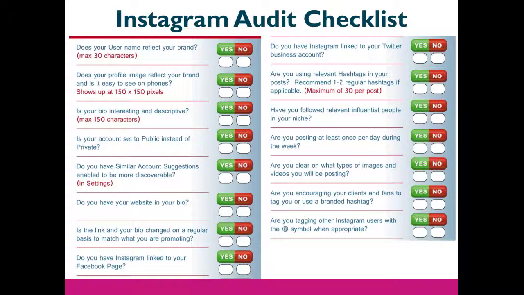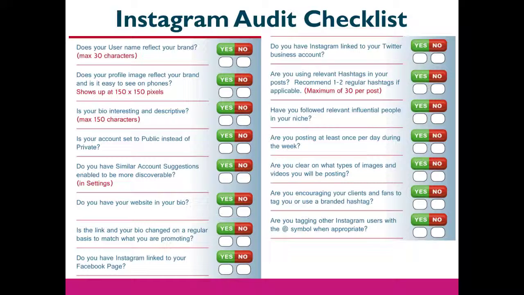Now, in terms of auditing your Instagram account, there are a number of things you'll want to look at. Again, you want to know what your personal brand really is, or your business's brand, and make sure that your username reflects that brand, that the profile image and other images on there reflect the brand, and that they show up easily on cell phones, since most of Instagram access comes from phones. Make sure that the bio or description of your business is interesting and descriptive, and make sure the account is set to public, obviously if it's a business, and kind of just go through this checklist and look at